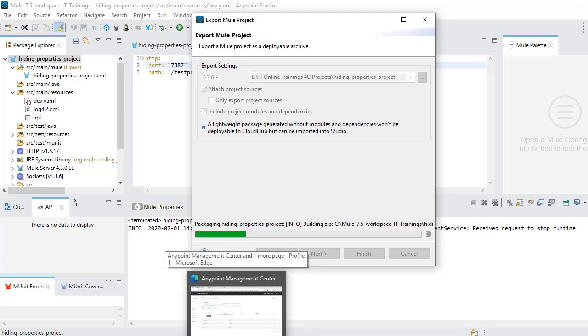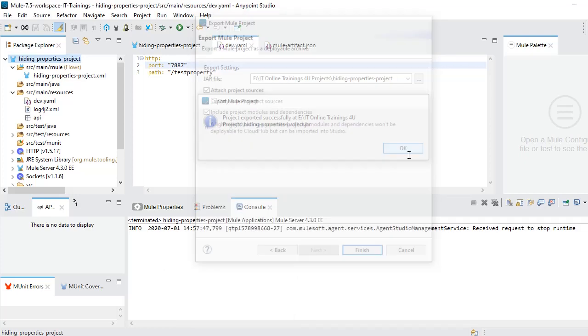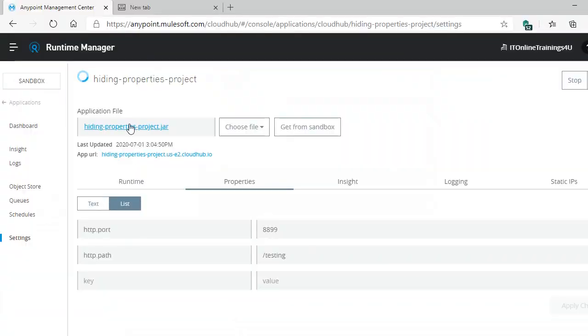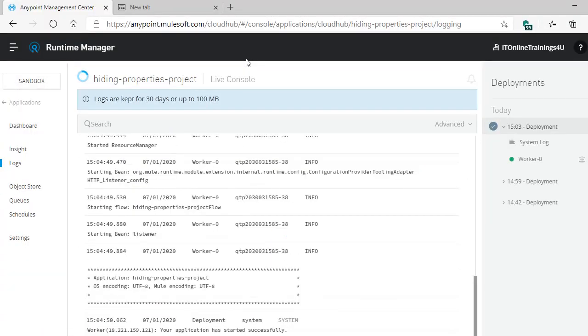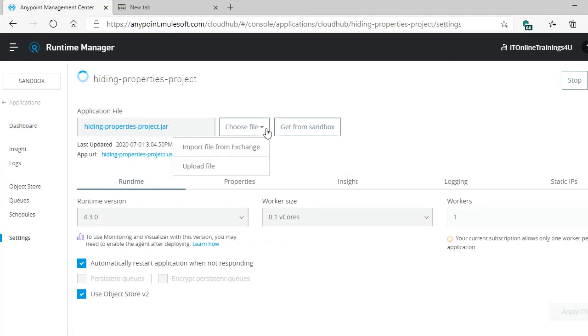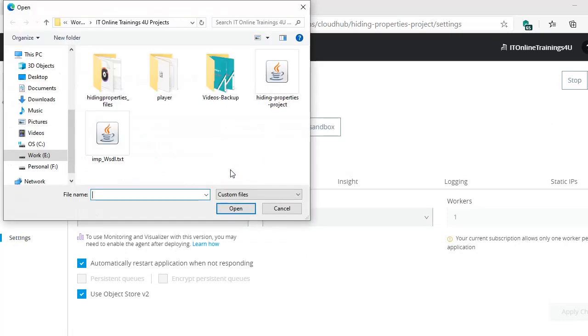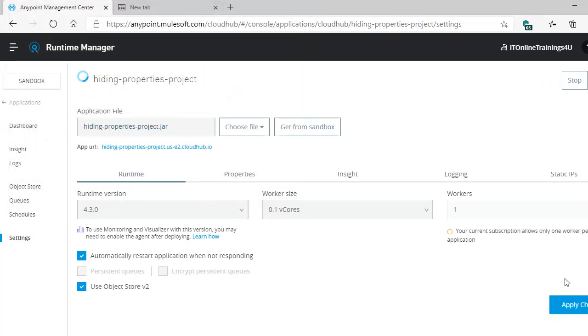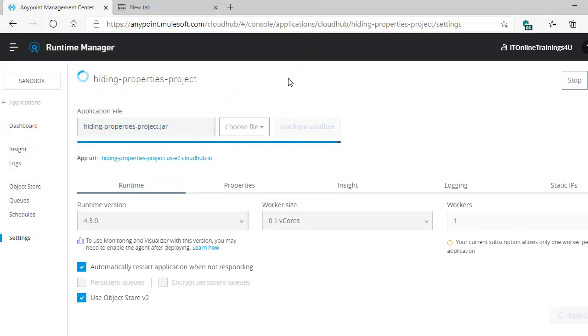Actually, I'm deploying my application by exporting it as a jar file, an external jar. Okay, so go to settings. Let's upload the new file. Let's apply changes, so it will deploy the updated code.